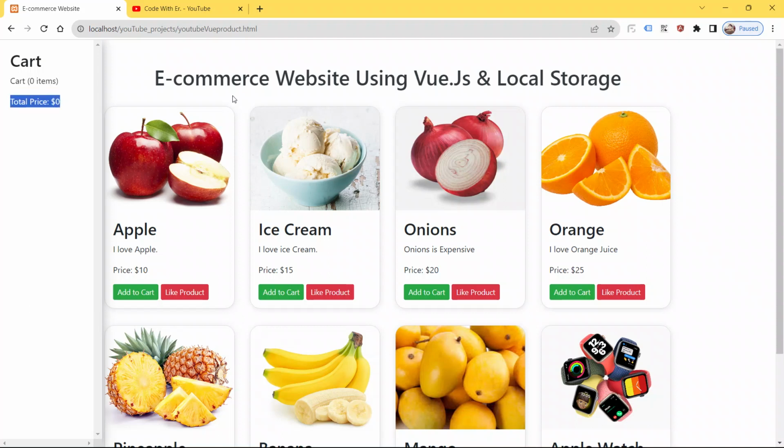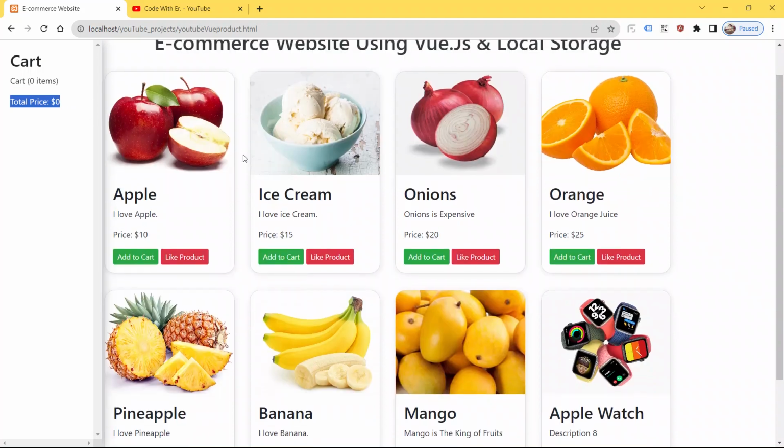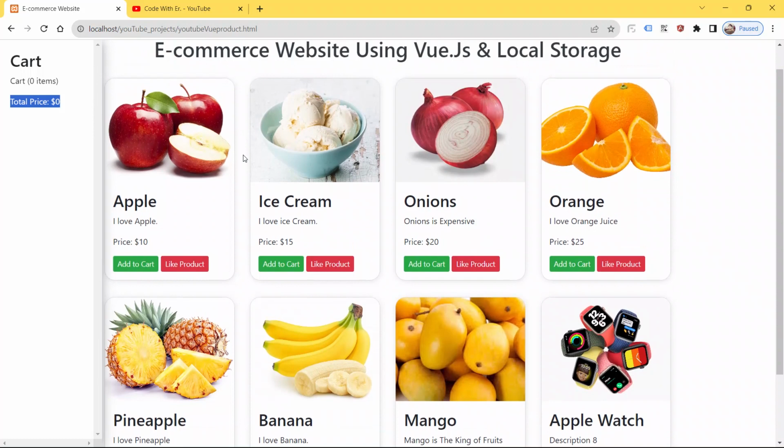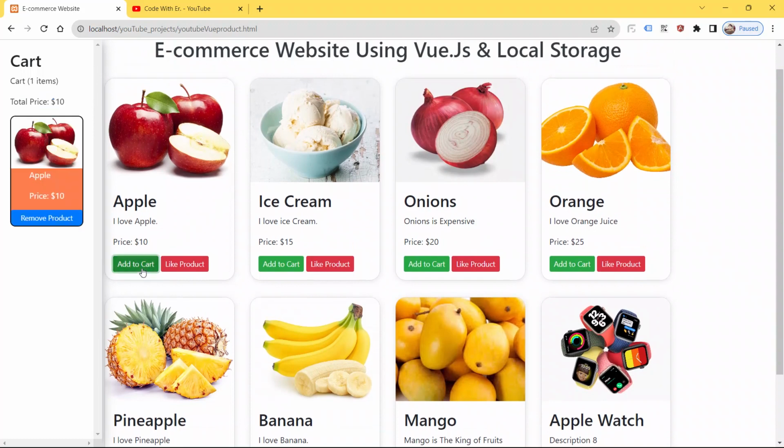Let me add the first product, apple, by clicking add to cart. Boom, the product has been added, and we have 1 item in our cart and the total price is $10.